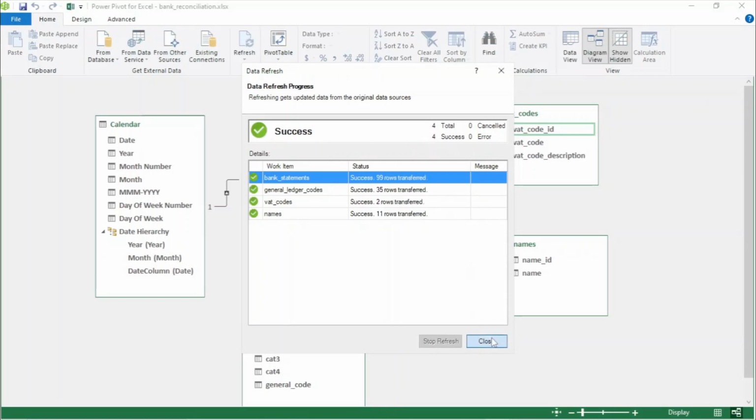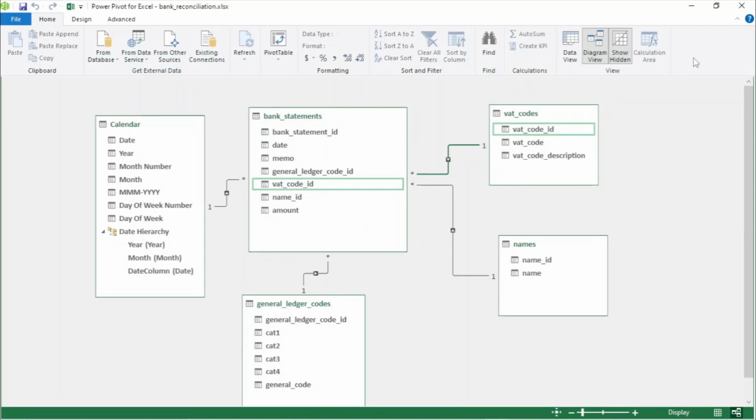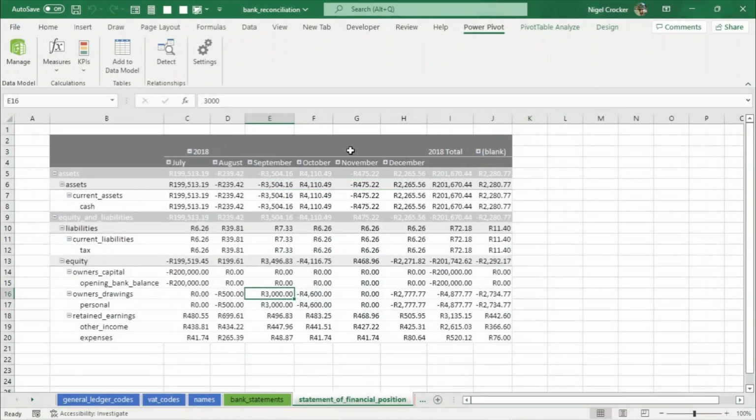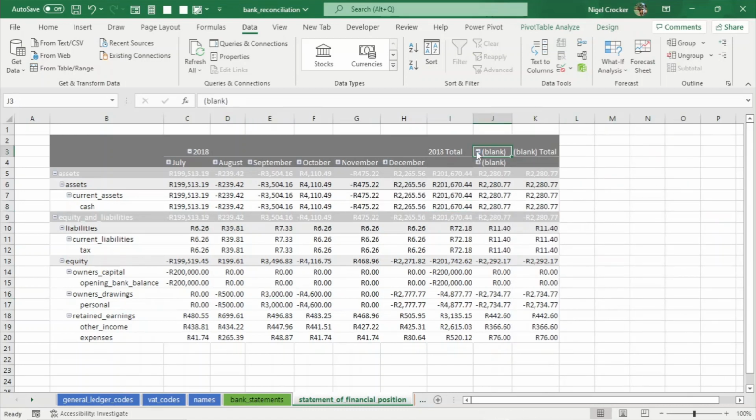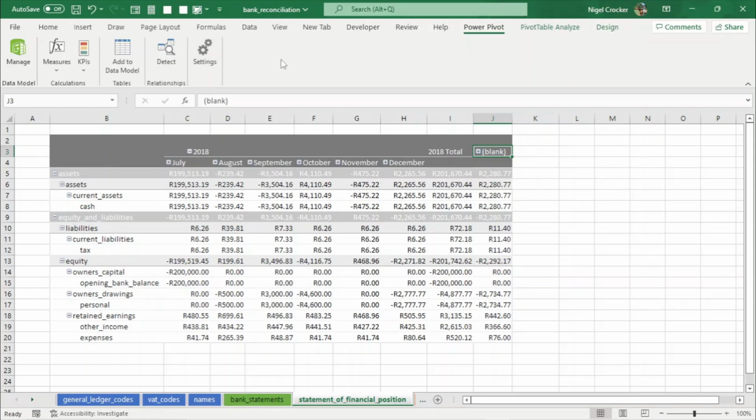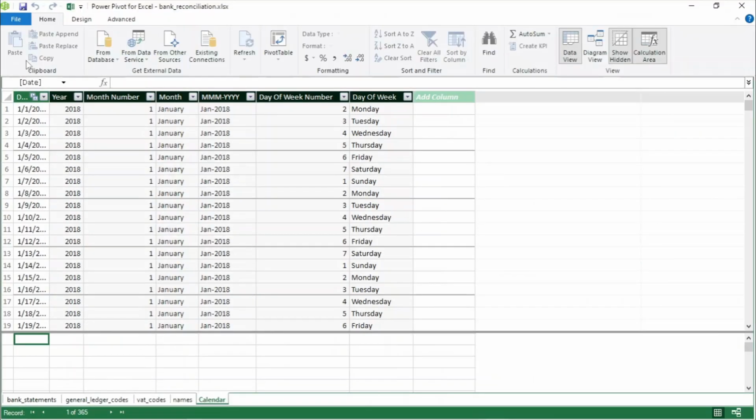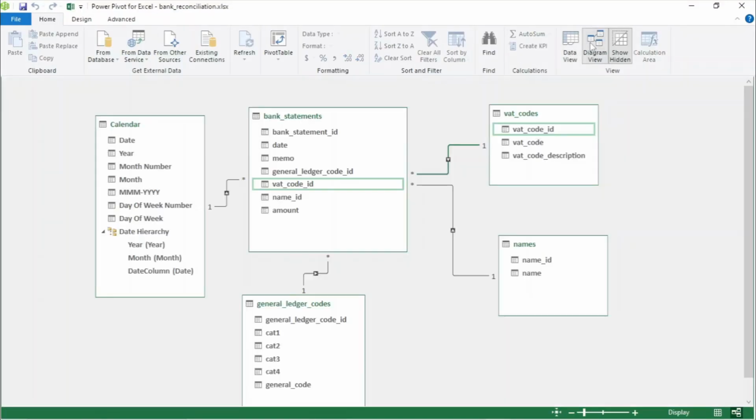Right, so there should be no more null values now in our report. Let's go and check here, let's go and refresh. Okay, there's still an error. Let's just see what it's doing. Let's go to the pivot table report again. Let's go and go manage. Let's go to diagram view. Let's click on calendar. I think you've got to update